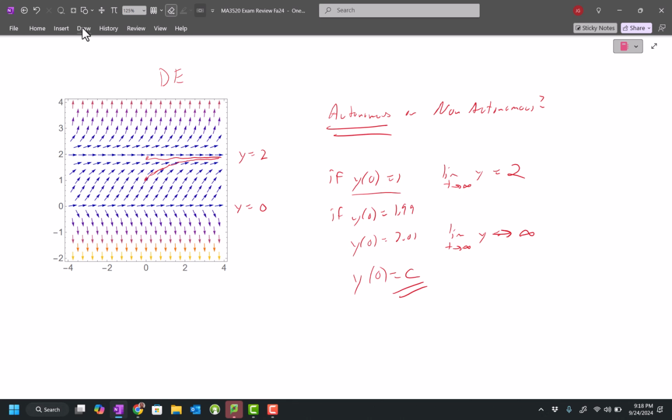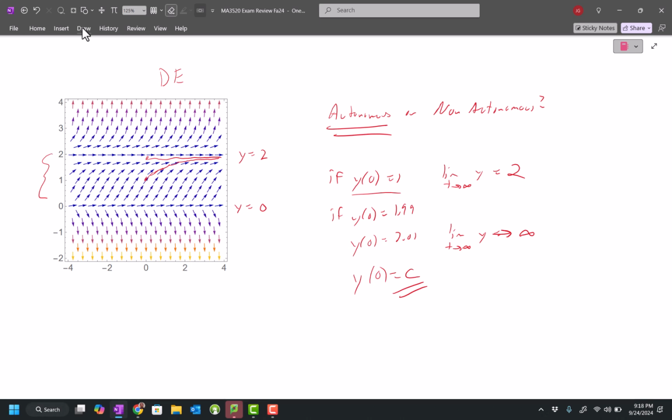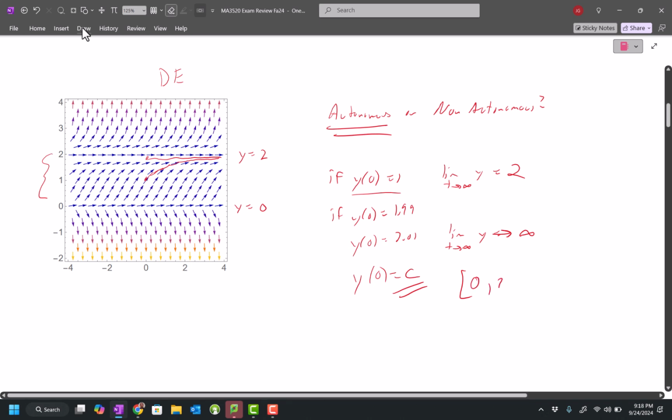In this case, I can see that as long as I start in between this region from 0 to 2, my solutions would be finite. However, also at y of 0 and y of 2, I would also have finite long-term behavior. So in this case, my answer would be from 0 to 2, making sure I use square brackets here. These should both be square brackets because y of 0 equals 0 or y of 0 equals 2 would also lead to